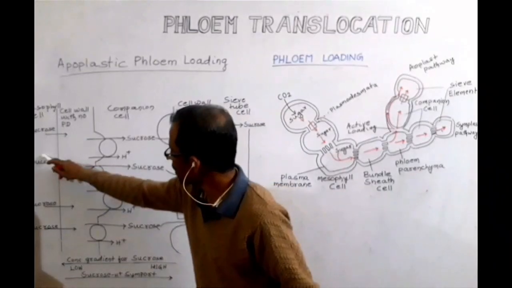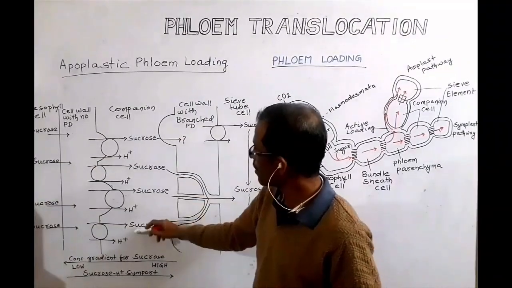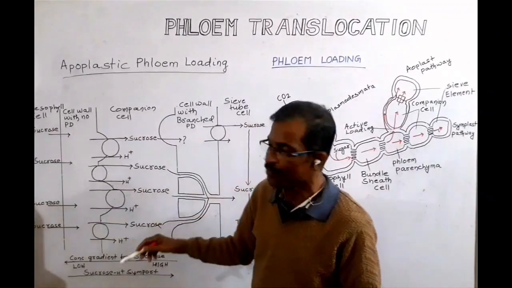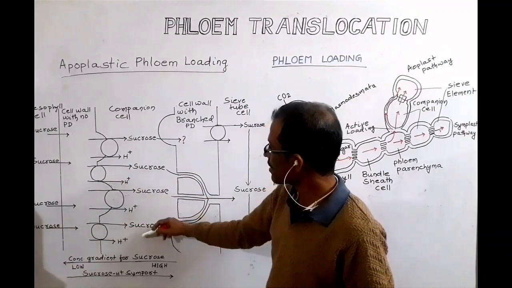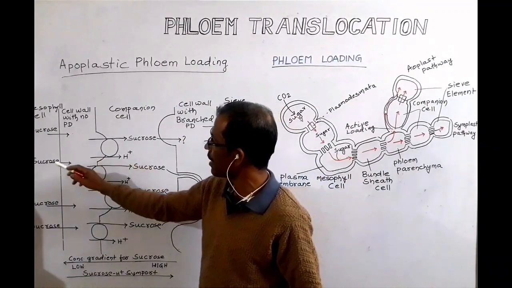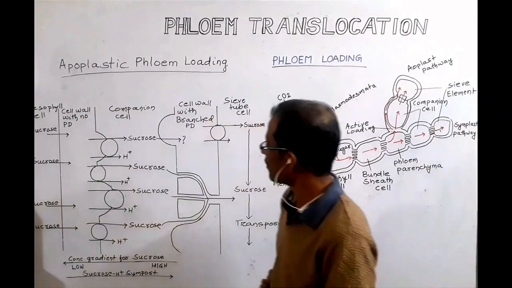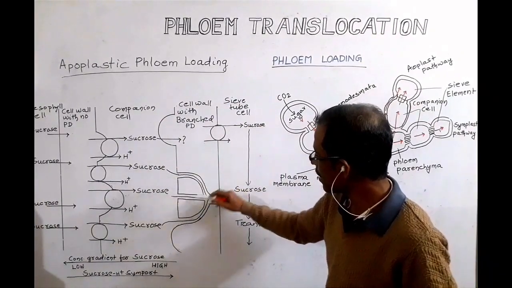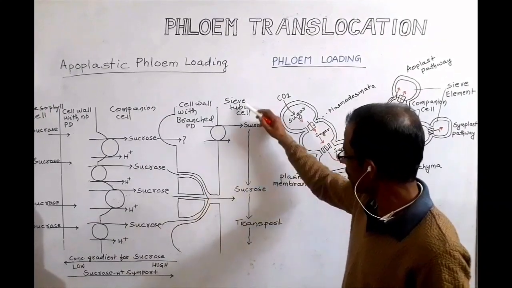Between the mesophyll cell and the companion cell, there is no plasmodesmatal connection. So the companion cell is symplastically isolated from the mesophyll cell, whereas the companion cell has numerous plasmodesmatal connections with